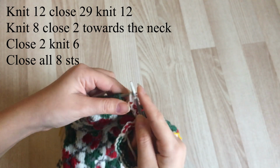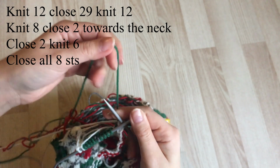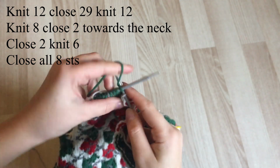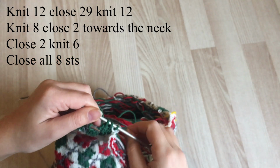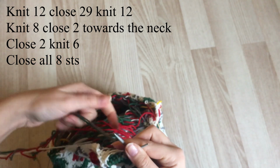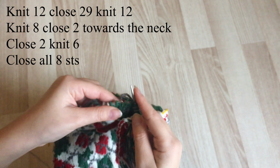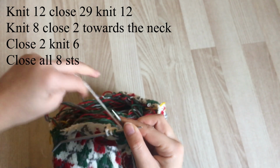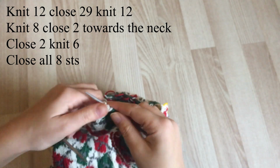So now I'm done closing. I'm just going to knit the last 12 stitches of this row. Just like that. So now I'm going to knit the shoulders separately, and here I'm just going to show you